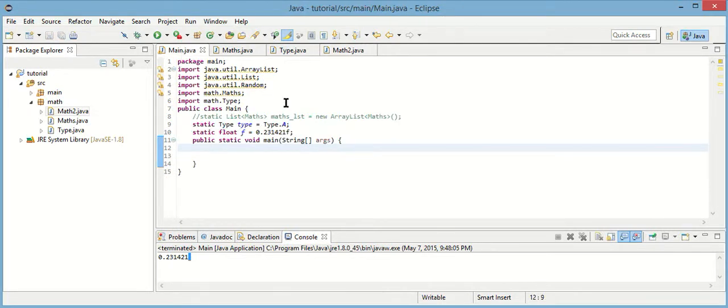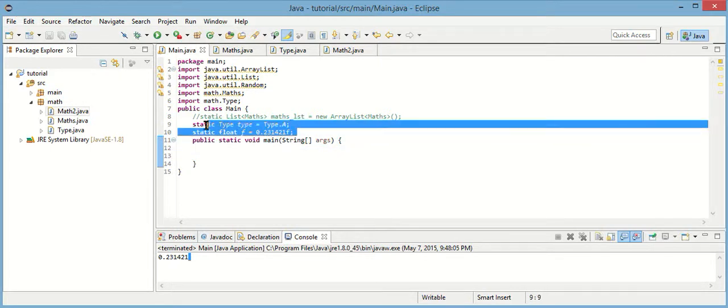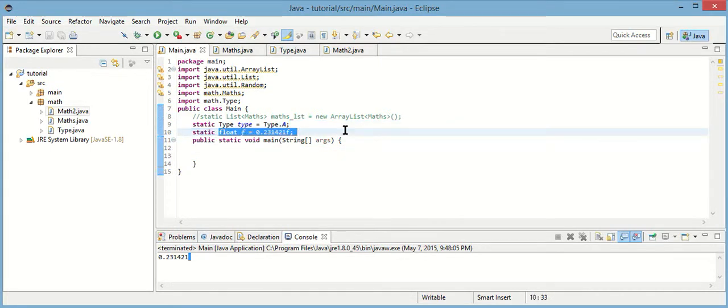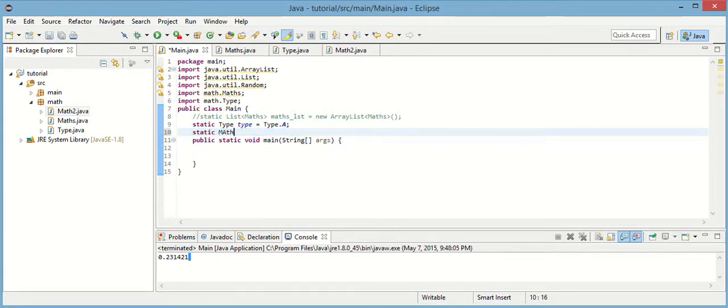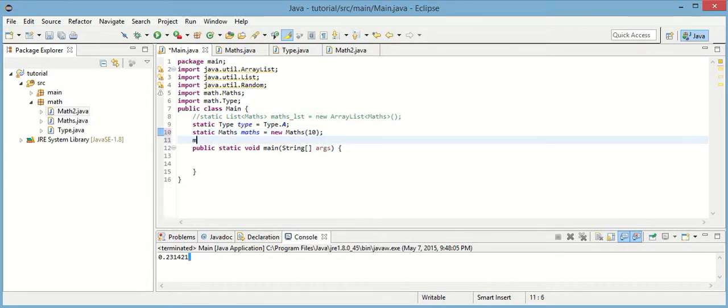So now if we go to main and we make a maths reference here, math, and put in 10. Actually, I want to make it math 2. Or I'll just have maths just first. So if I do maths